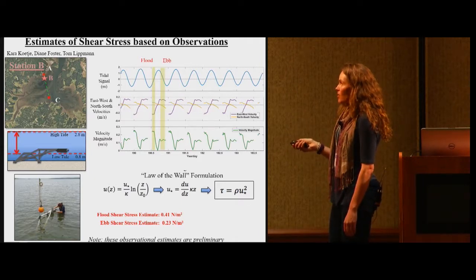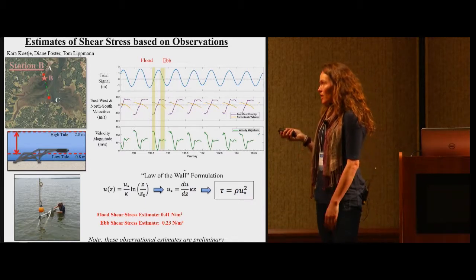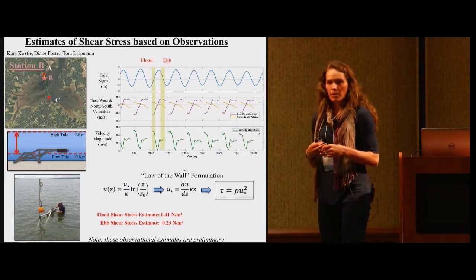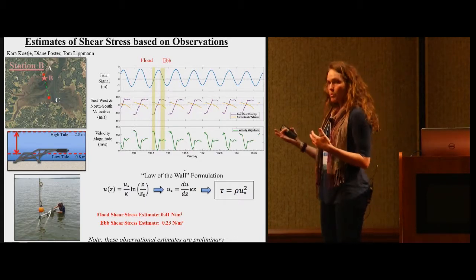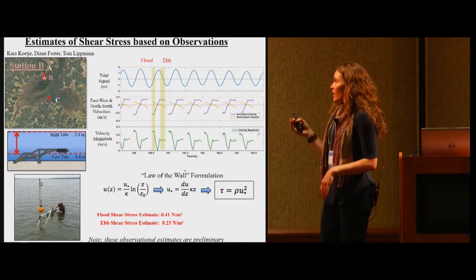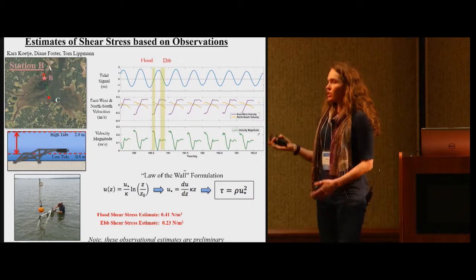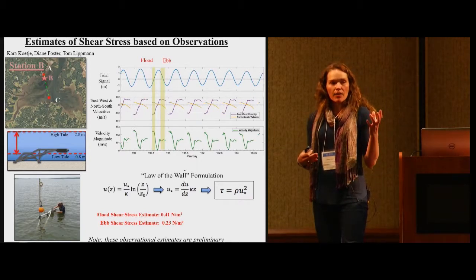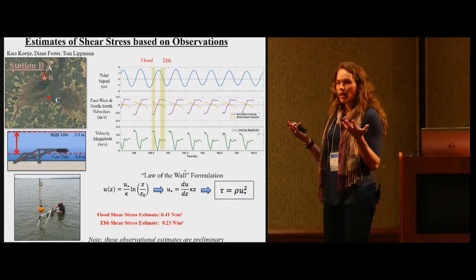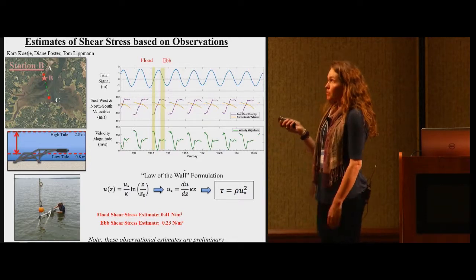She uses the same law of the wall formulation, and she had 2 preliminary estimates of shear stress. She found that on the flood tide, you could see about 0.41 newtons per meter squared of stress induced by the flow. She averaged it over that entire tidal cycle. And then for the ebb, she found 0.23 newtons per meter squared. Now you can imagine if we're using that lab study that found that 0.35 newtons per meter squared actually fluxed nutrients into the water column, that it's only on flood tides that you would get nutrients, but from this particular